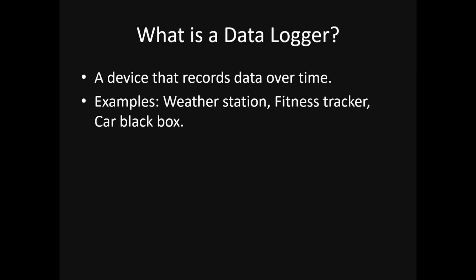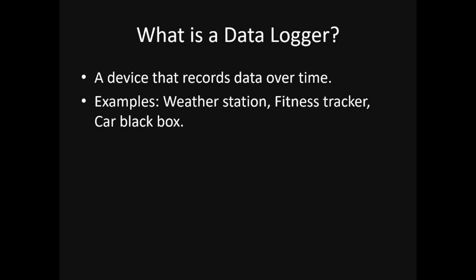In that type of device, if you do not have a logger, you have to record this continuously, right? One thing is you can simply display on the board, and second is you can record it. That data logger will do the same thing, because you can't remember what reading was 5 minutes ago or yesterday. So a data logger is a system that automatically saves sensor readings to storage. Some examples are weather station, fitness tracker, car black box, right? These all have this type of facility of continuous data records over time, and you can access